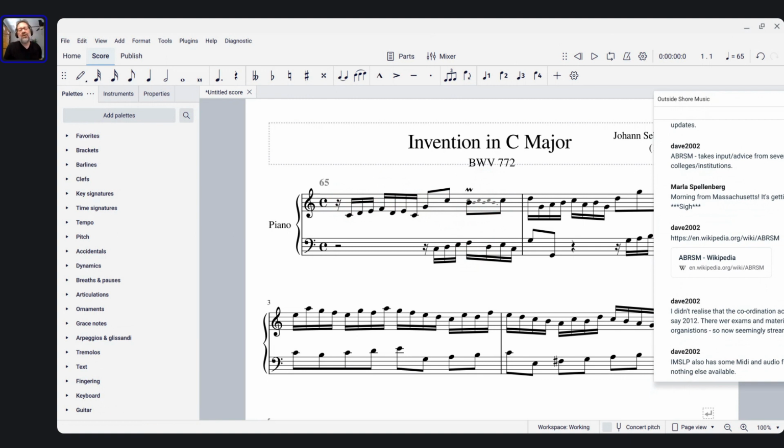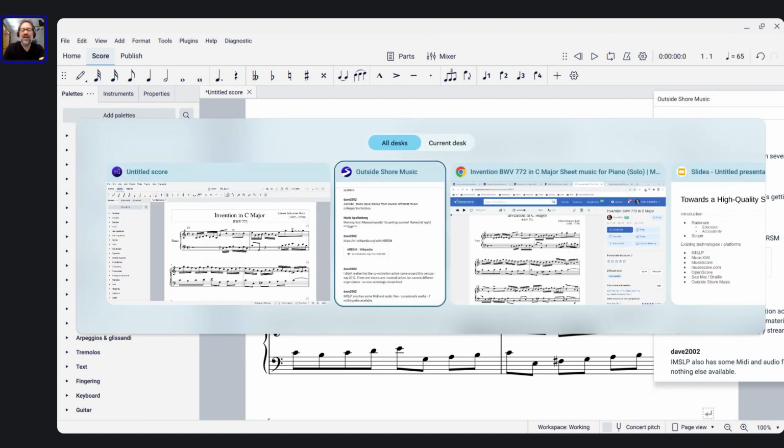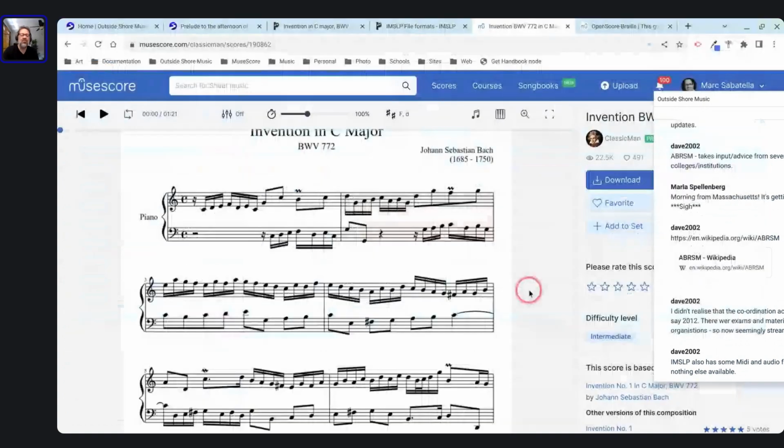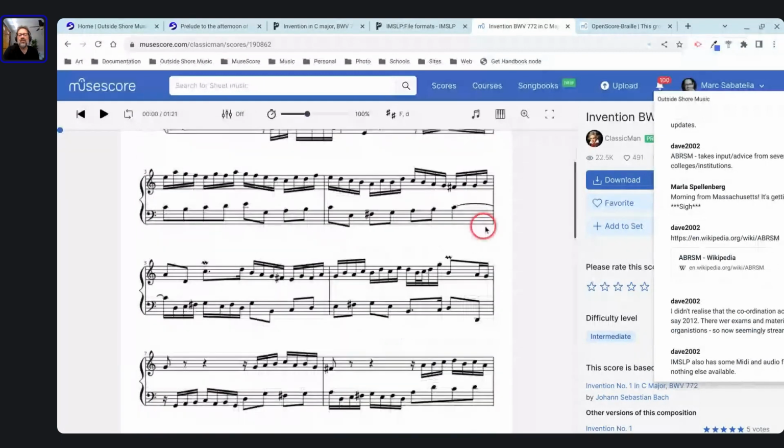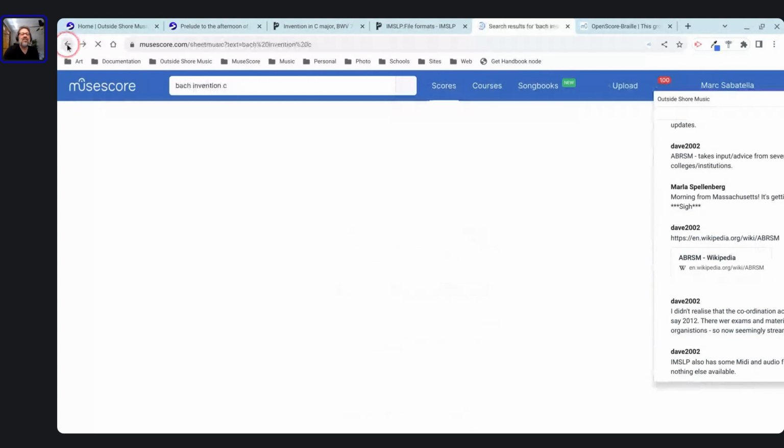You have all these invisible notes that don't need to be there. They were just there to make that trill play back a little more accurately. 1.3 wouldn't have played back that trill at all, right? So these notes aren't needed anymore. But yeah, it's a fantastic transcription in general, as are most of his transcriptions. And so as a result, you have this rating that says it's a 5-star score, and yet it's not one